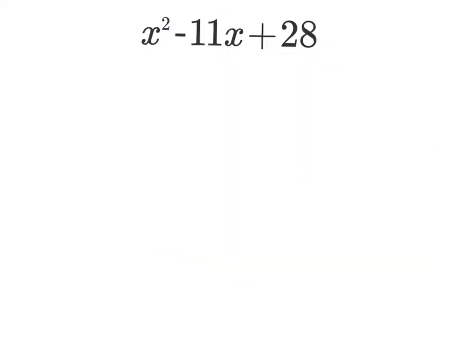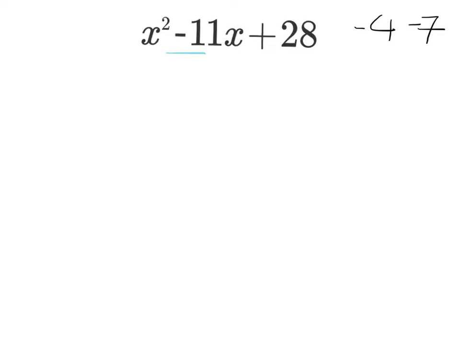Next one, negatives involved, but the same process. I need to think what multiplies to give me positive 28, but adds to give me negative 11. Well, straight away I know 4 and 7 multiply to give me 28, but they add up to give me positive 11. So, thinking carefully about this, I need to introduce some negatives. I know negative 4 and negative 7 will multiply to give me positive 28, and they'll also add up to